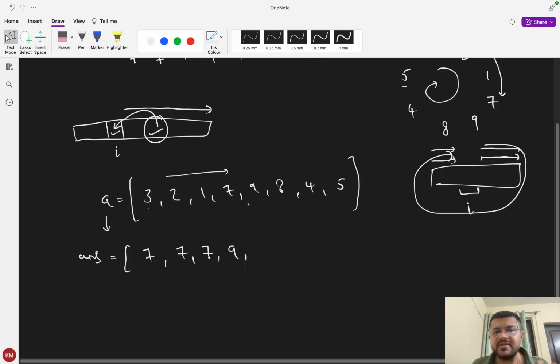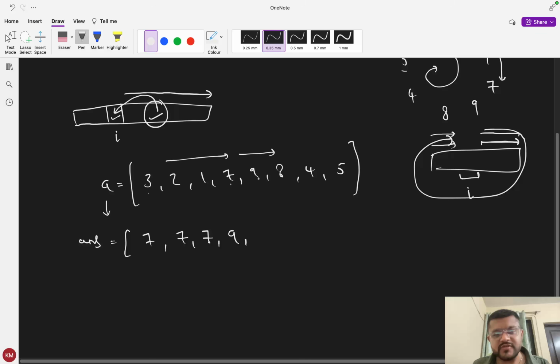Remember, the next greater element means the first element which you encounter on the right hand side which is greater than a of I. So position wise, the first element which you encounter which is greater than a of I. It's not value wise which is nearest. So for 7, if I look at the greater elements than 7 on the right hand side, it is 9 and 8, where the nearest is 8, but it's not about the nearest one, it's which comes first. So for 7 it's 9.